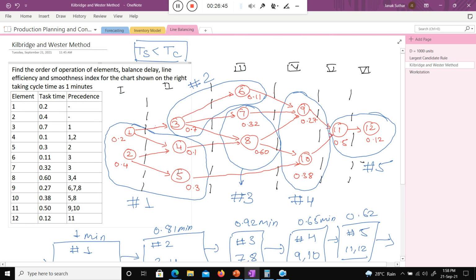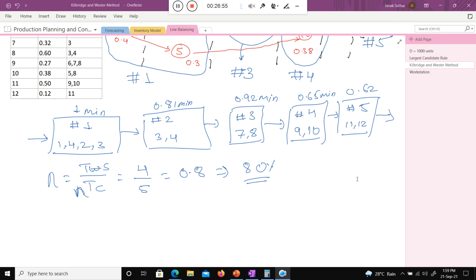Are you getting my point? On what basis can we say which method is the best? That's why we use the smoothness index, which we already calculated; it will show you which one is best in that condition.